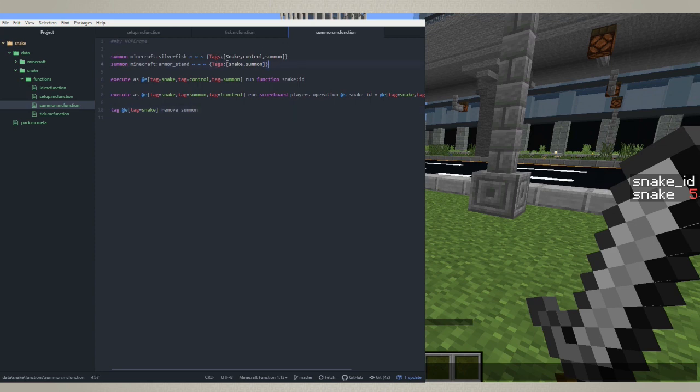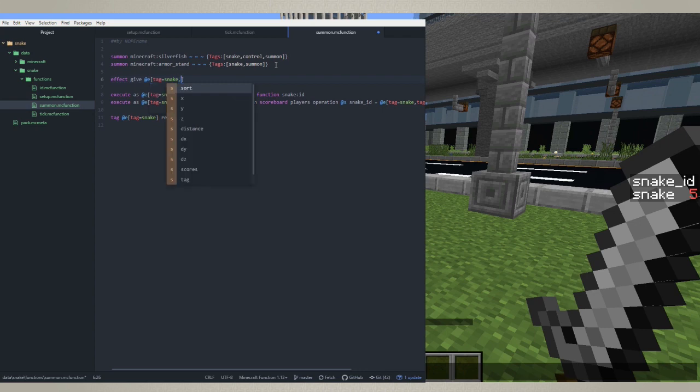So now we don't want the snake to look like a silverfish, of course. That means we will give an effect to the silverfish. Tag equals control, tag equals summon, invisibility, forever, true, so we don't have any particles, and